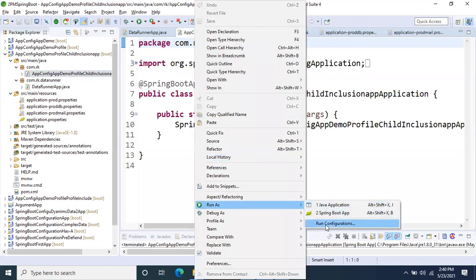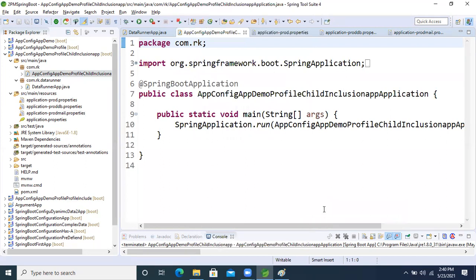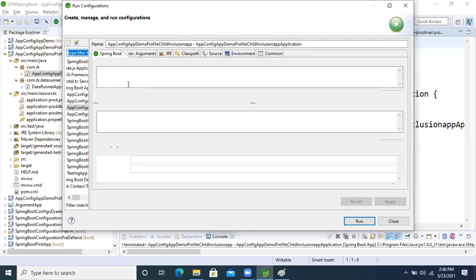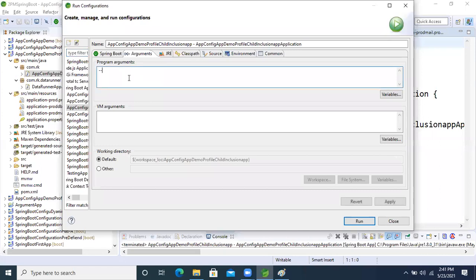Now right click, run as, run configuration, hyphen spring dot profiles dot active equal to prod. Now run the application, guys.